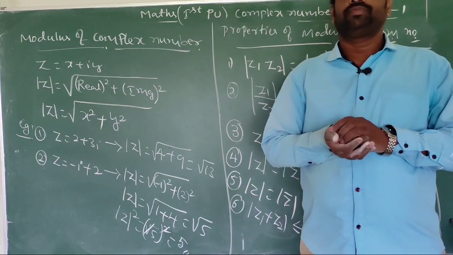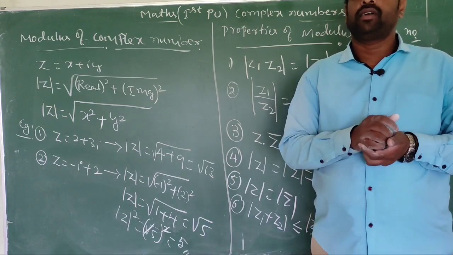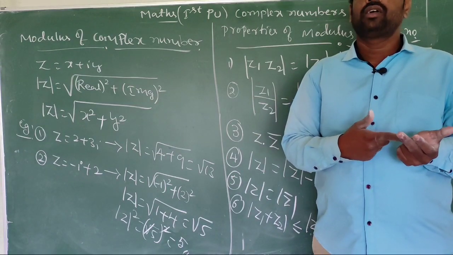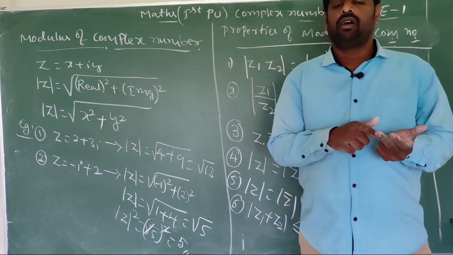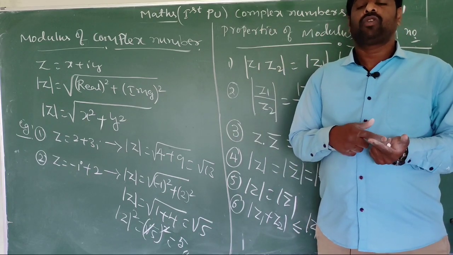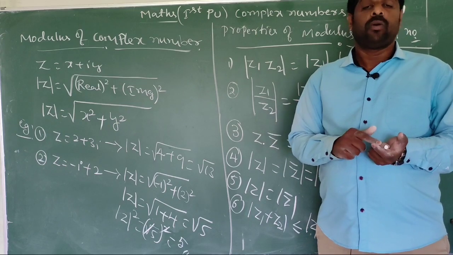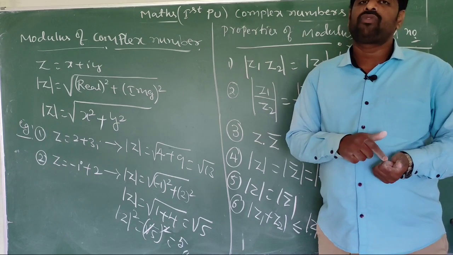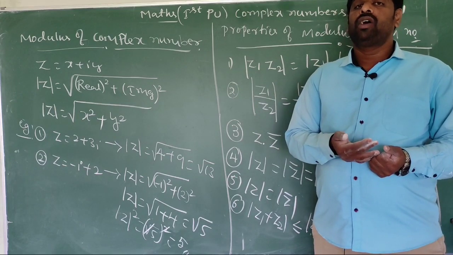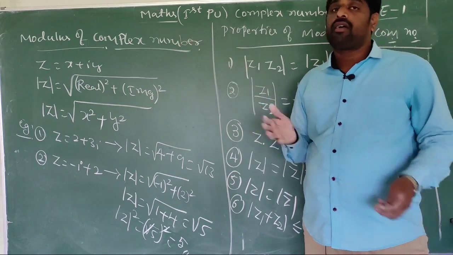In this session, we discussed a synopsis about complex numbers. First, what is meant by an imaginary number, what is meant by iota, different forms of iota, and what is a complex number, what is the algebra of complex numbers, what are the properties of the algebra of complex numbers, and after that we moved on to the conjugate of a complex number, and then the modulus of a complex number.